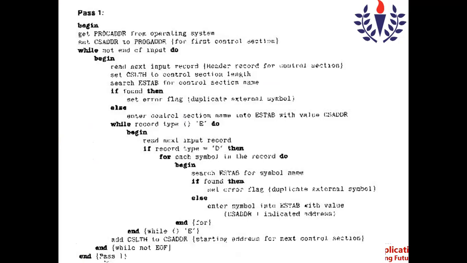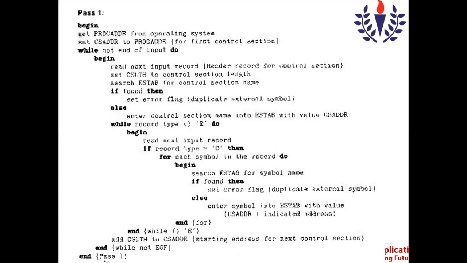The linker will start the algorithm, the process. We have the begin and end as usual: the algorithm starts with begin and ends with end. It gets the program address from the operating system. As I already told you, the operating system provides the load address, and that location is stored in the variable PROGADDR. Again, we assign the program address to the control section address.